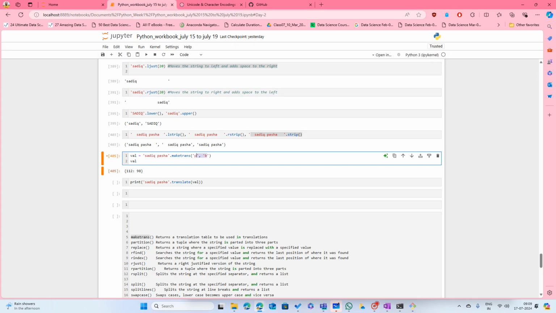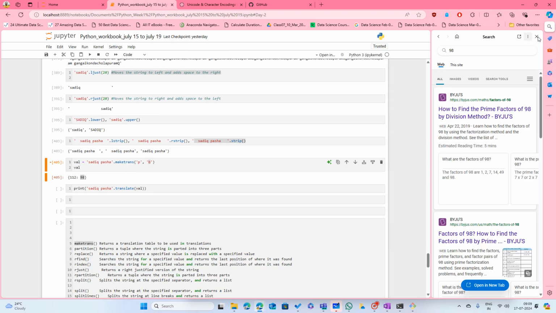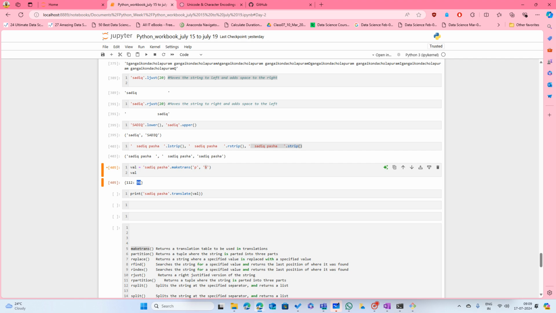It is trying to get the values for these letters. For P the ASCII value is 112. For B it is 98. Okay. So first it is trying to understand what values are for these variables, and in addition to that, making a note of those values. When you apply translate with those captured values, it will